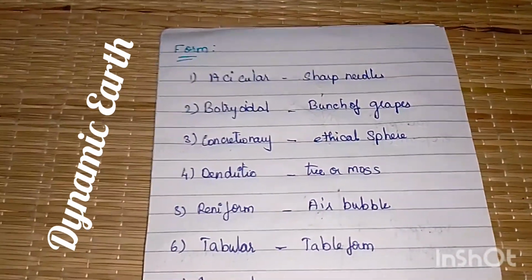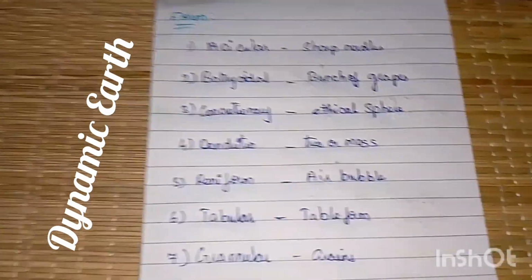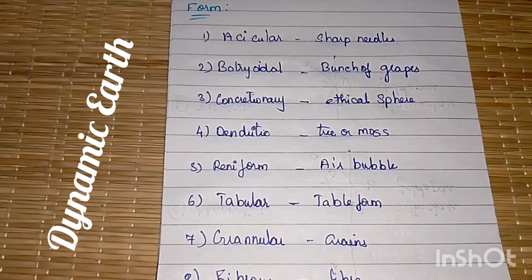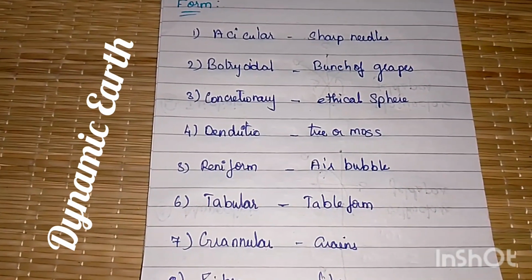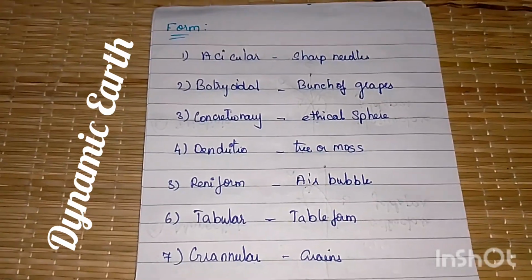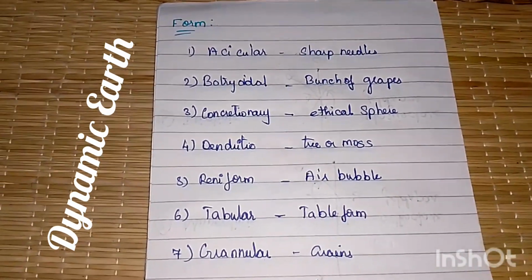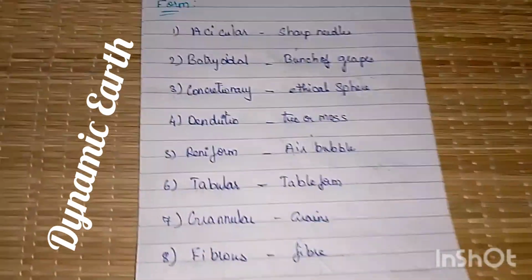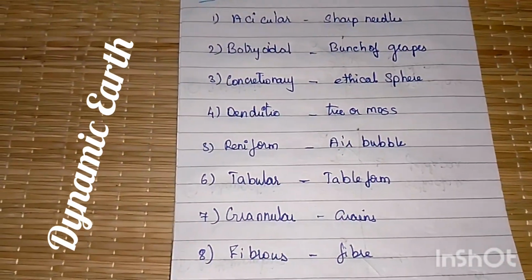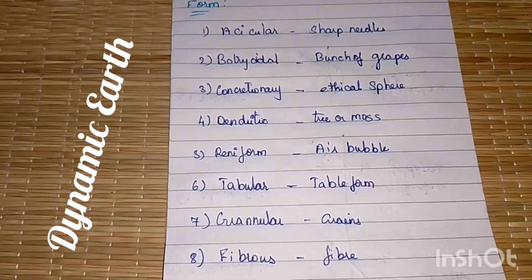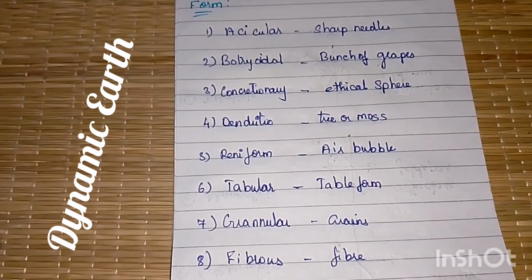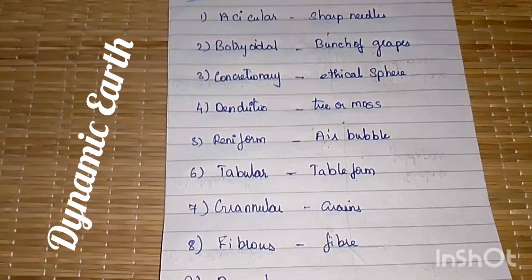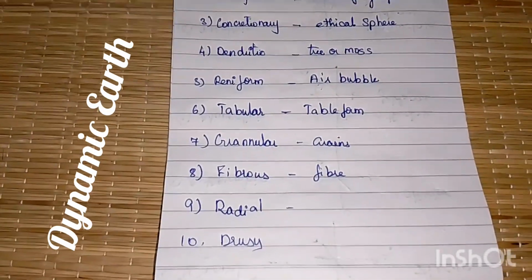And now we can see about mineral forms. There are 10 forms. Minerals in a cluster or a group develop various shapes or forms. One is acicular form, a fine needle-like structure developed with thin and sharp crystals of minerals. The second is botryoidal structure, which consists of spheroidal aggregations resembling a bunch of grapes. The example for this is chalcedony.